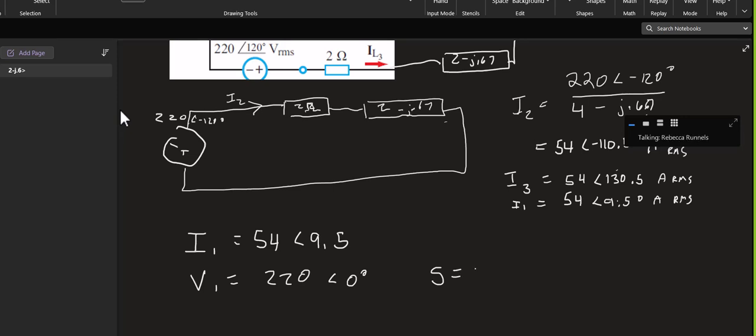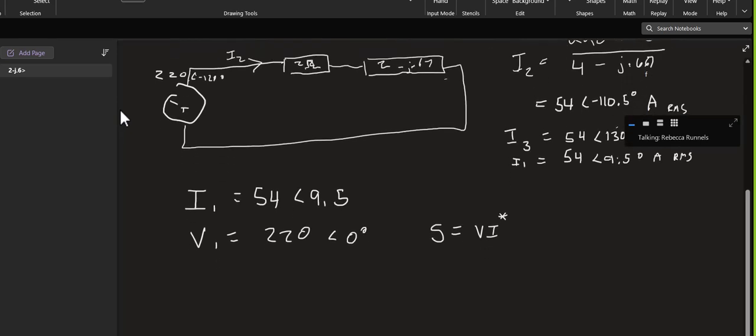power is VI star. Do I need a 1/2? No. Why not? Because you're not using RMS. You are using RMS. Yes, right answer, completely backwards reason. Because I am using RMS, I do not need the 1/2. So that would be 220 angle 0 times 54 angle negative 9.5,